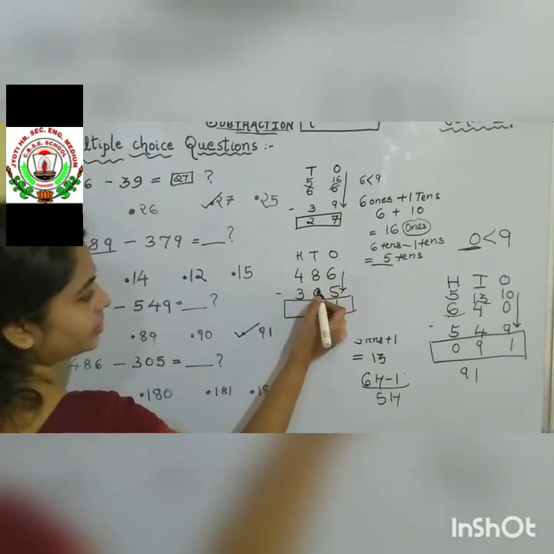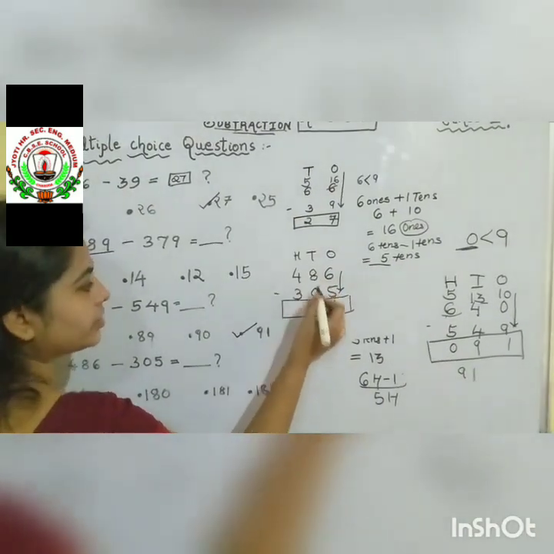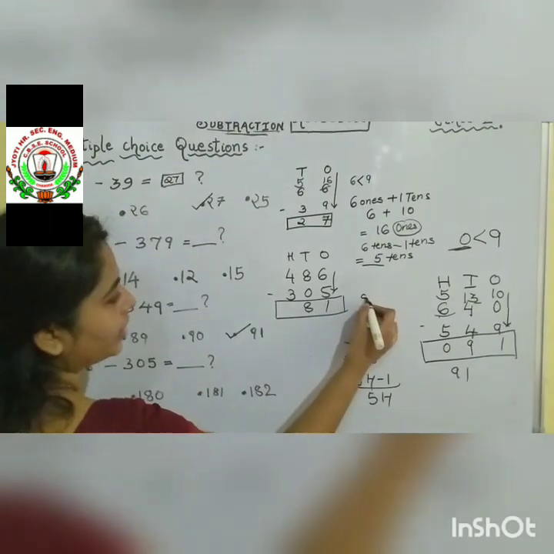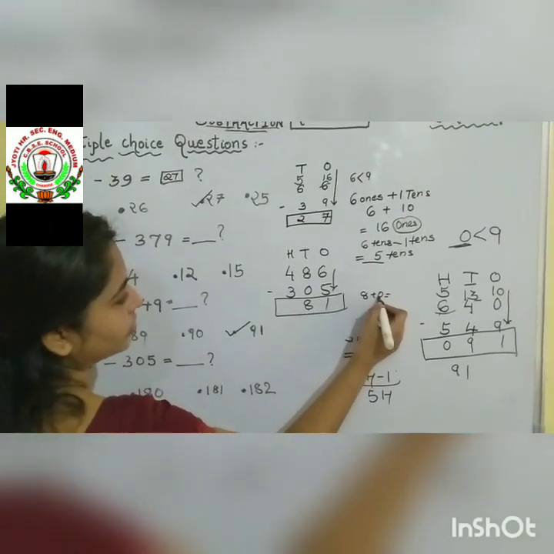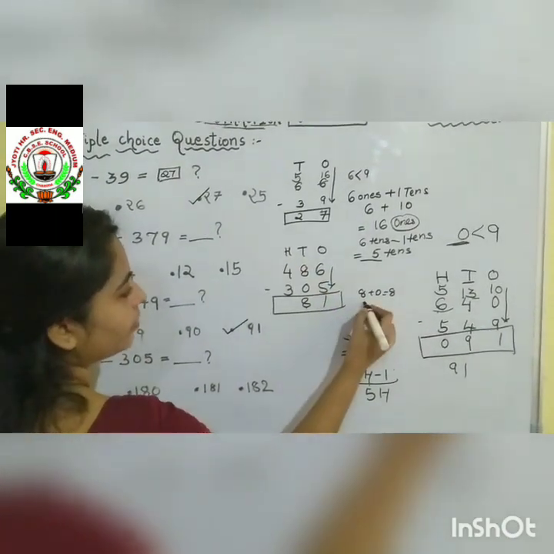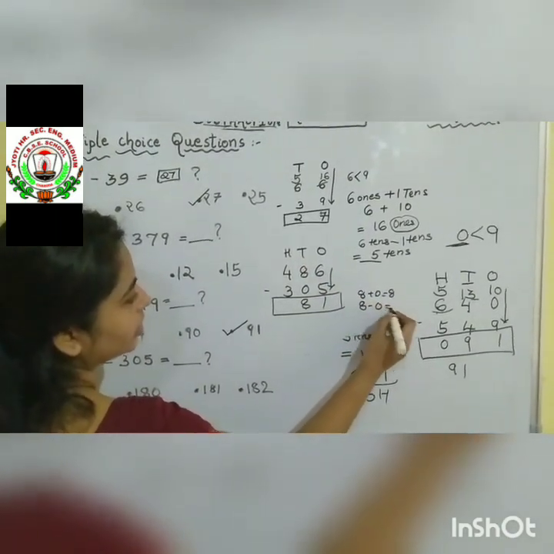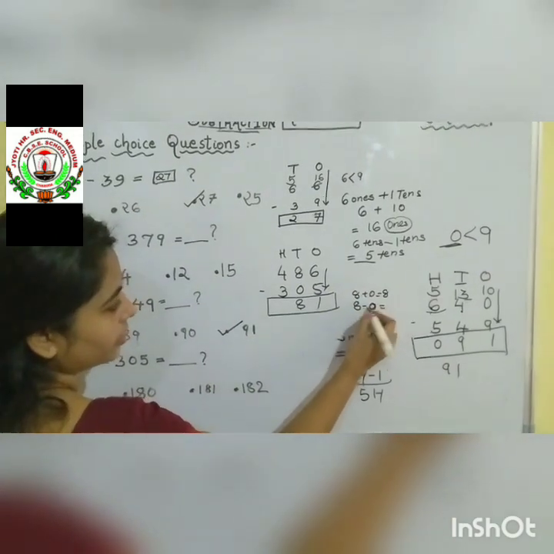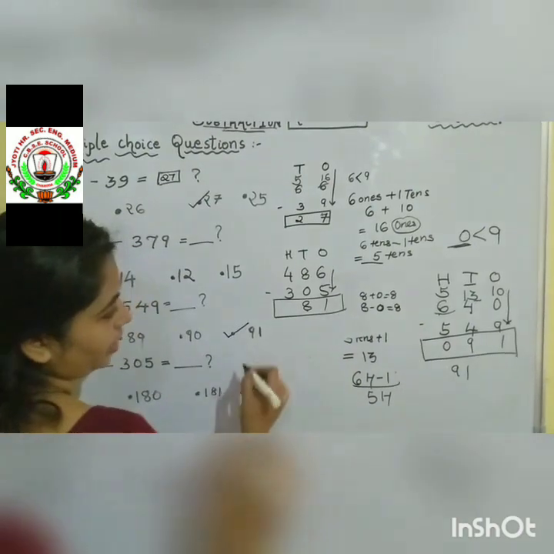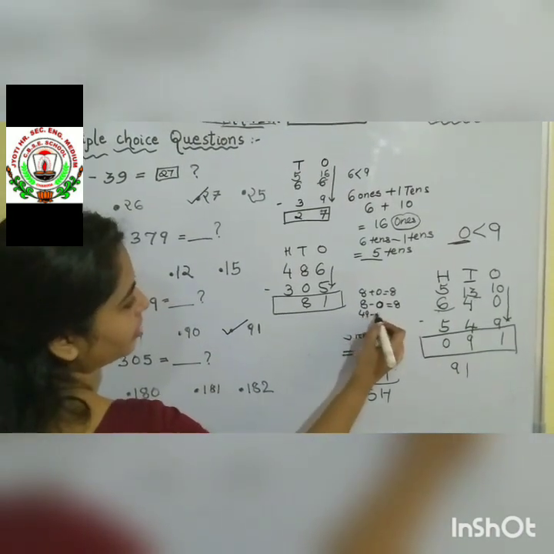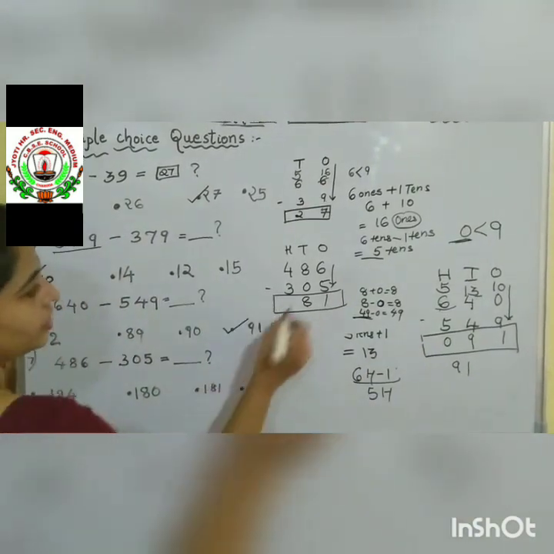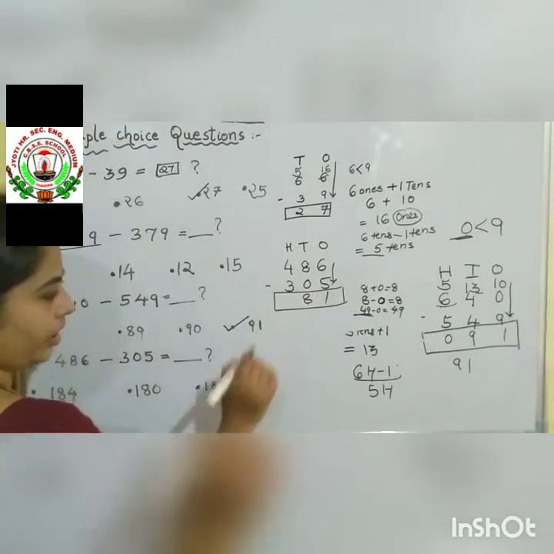Whenever we subtract 0 from a number, the same number will come as the answer. Same in addition: if we add 0 to any number, we get the same answer. In the same way, if we deduct 0, that means we deduct nothing, so from any number the same number will come. For example, 49 minus 0, the answer is the same number, 49. So in this case, 8 minus 0, 8 came.